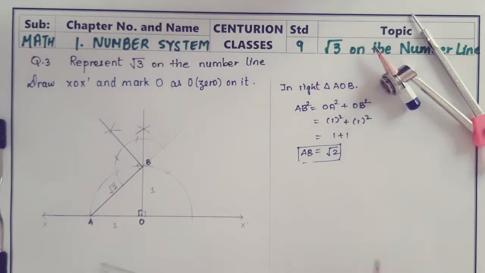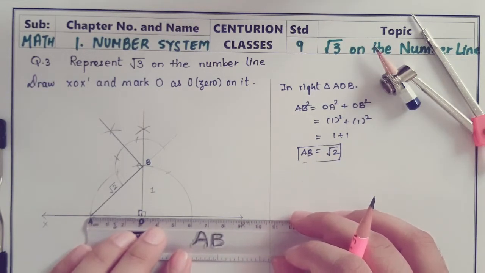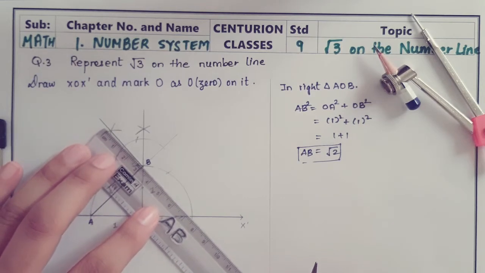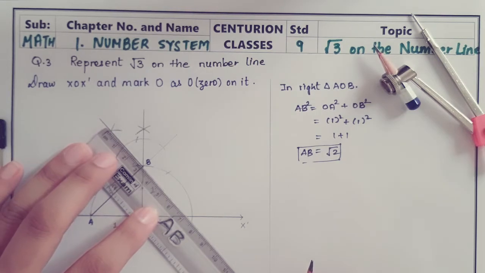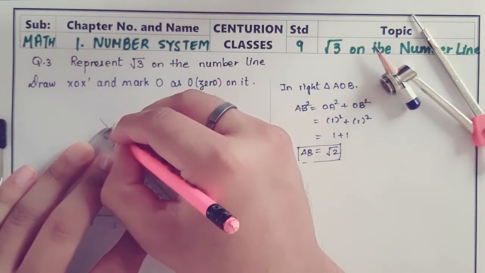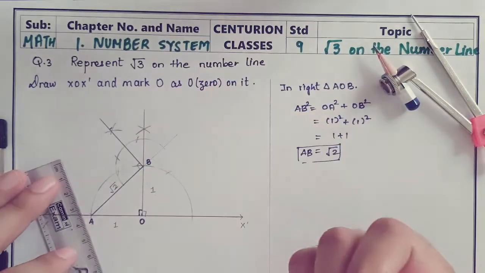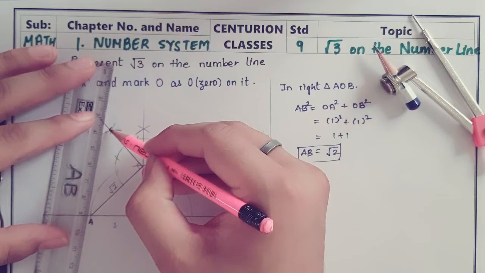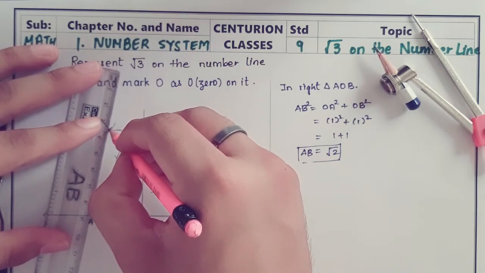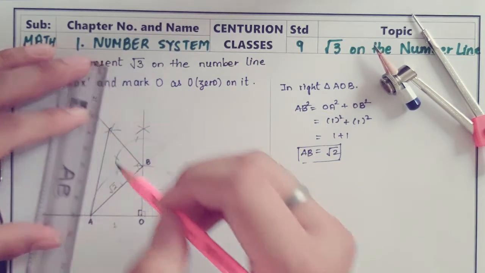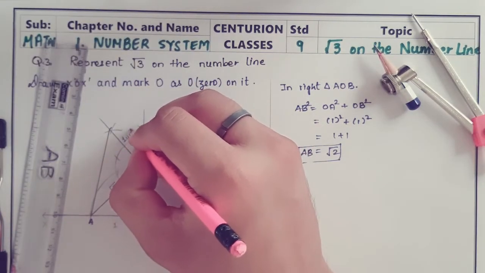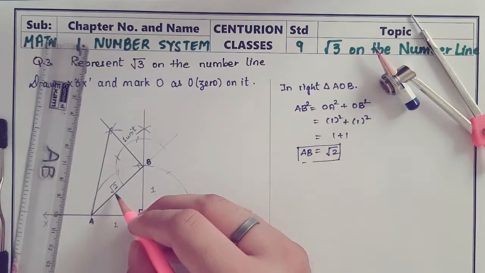Now we need to make sure that 1 unit we have taken is 3 centimeter. So we'll just cross check. Obviously it's not going to be the same because we have changed the measurement, just to prepare the 90 degree. So here it is, this side. So this is our 1 unit. Our next step will be to join this point with this point. So this is 1 unit, and this is root 2.